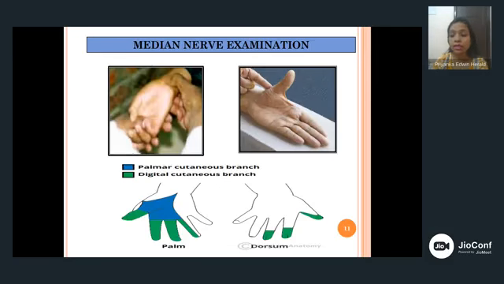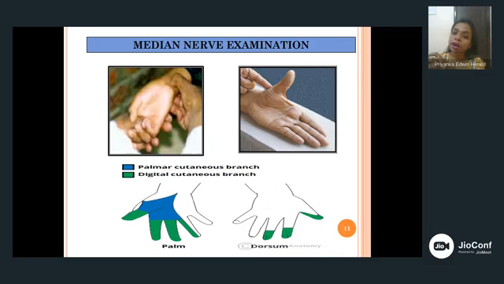Now, the next nerve is the median nerve, which is very commonly affected in leprosy patients. For median nerve palpation: the median nerve comes superficial at the carpal tunnel, just beneath the flexor retinaculum at the wrist, and it is lateral to the palmaris longus tendon. Everyone can palpate and see their palmaris longus tendon, and just lateral to it we palpate the nerve. If the patient feels any tenderness or if there is any thickening,